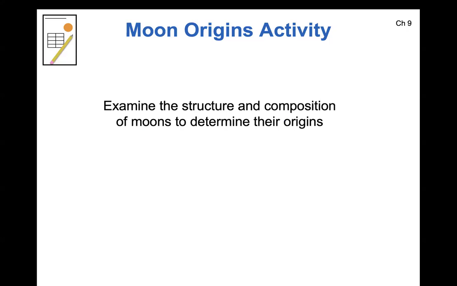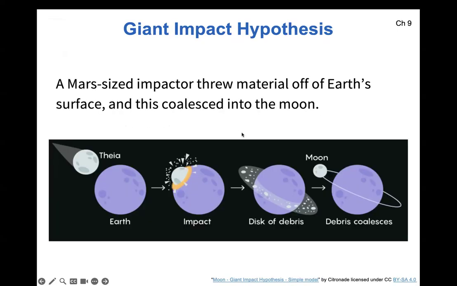The big support of this, which is mentioned here, with an activity which we won't do, examining the structure and composition of the moon, but which is discussed in your textbook if you read the chapter, is that, and we've even seen the numbers here in lecture, the moon is much less dense than Earth. And Earth is particularly dense, denser than any other terrestrial planet. Well, that matches really well with this hypothesis, because